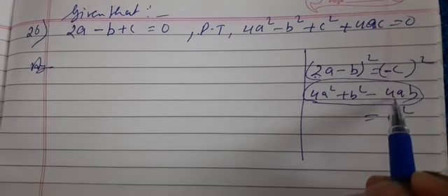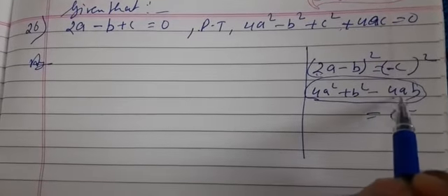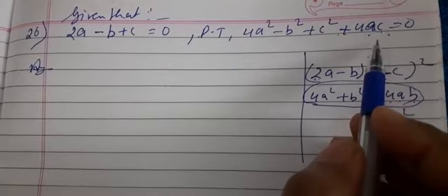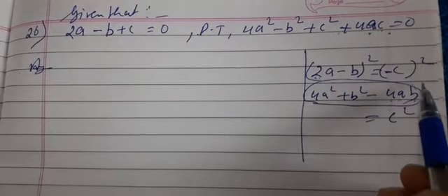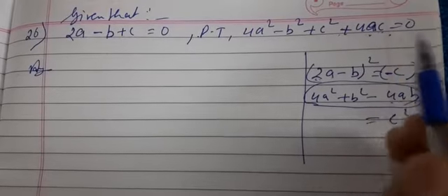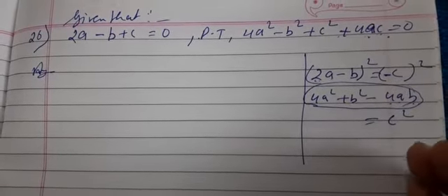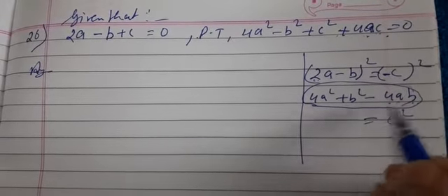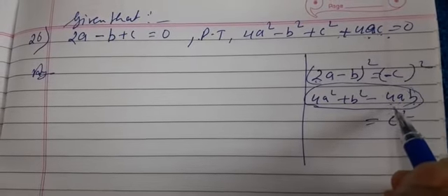So when I compare these two equations, I found that here the relation is between 4ab, a and b, and here the relation is between a and c. It means we have to keep a and c on one side, and we will transfer the third one, that is b, to the other side. So you need not wait for any hint or clue. You just start your sum in your own way, and whenever you find there is a fault, you change your track and come back to the correct track.